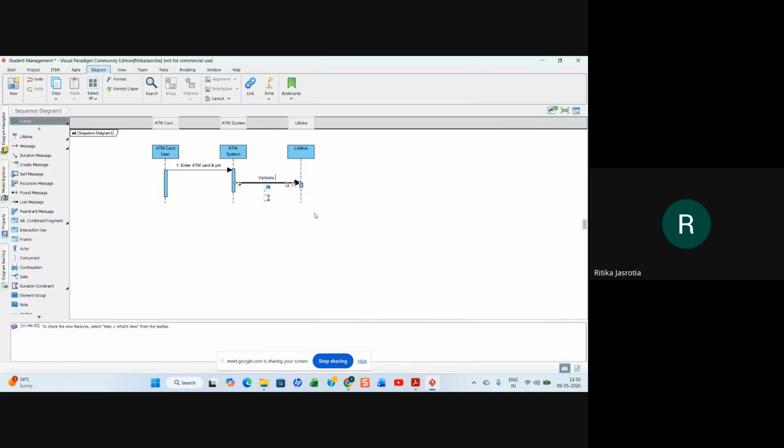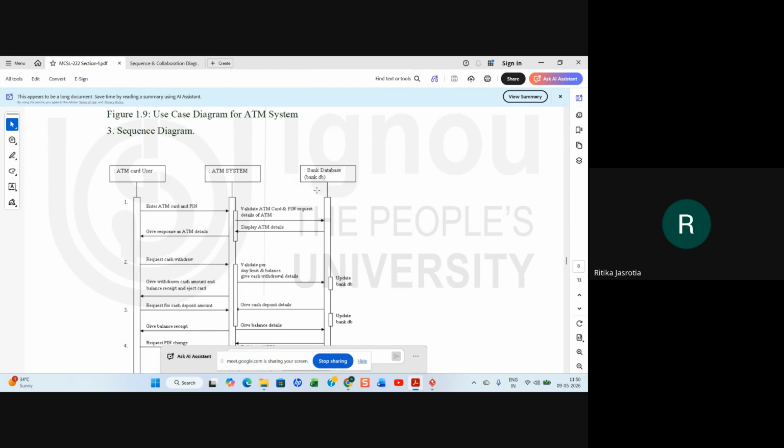So you can write validate ATM card and PIN, right? So that is validated from the database. You can say ATM data or bank database or whatever, right? Like that, bank database.